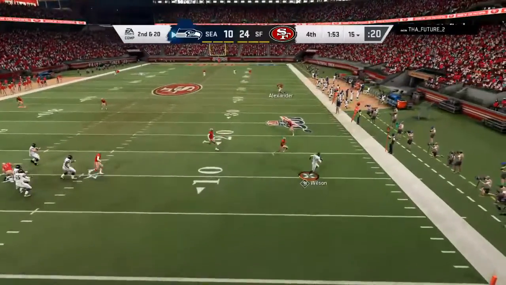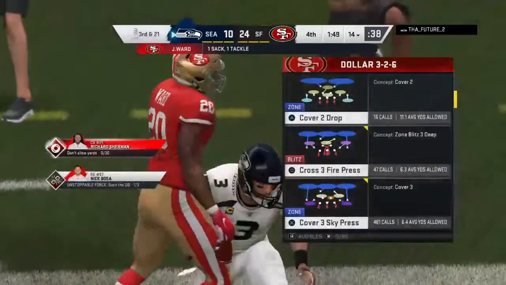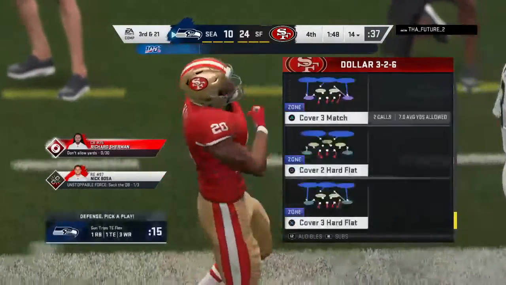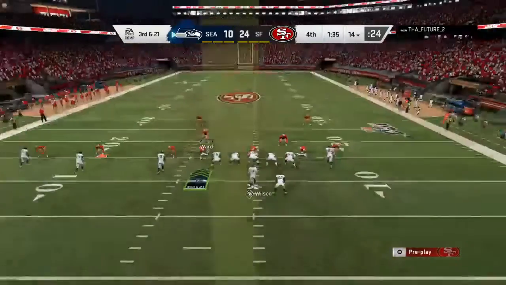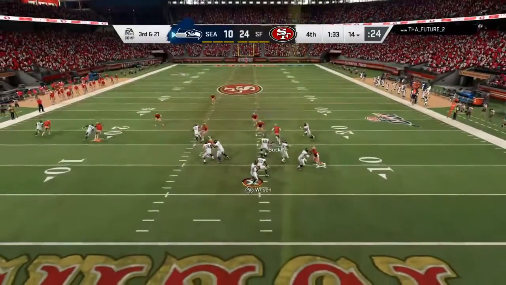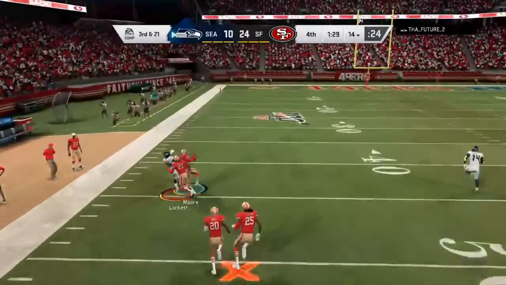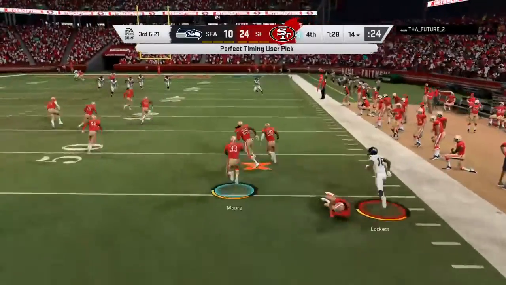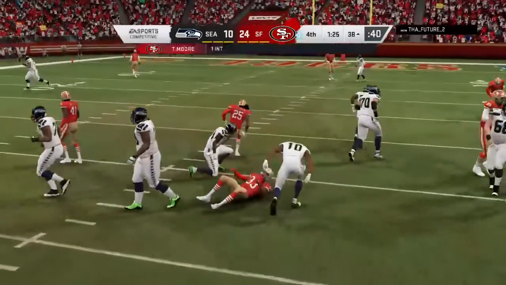Escaping the pressure right. And the pressure gets to him again. No doubt that's a very good play defensively right there, because you've always got to be aware that he can take off and make a big play with his legs. How about the way they were able to contain him? That also tells me the coverage was excellent downfield. And this is intercepted, and that should do it. Picked by Tarvarius Moore, and this one will be returned